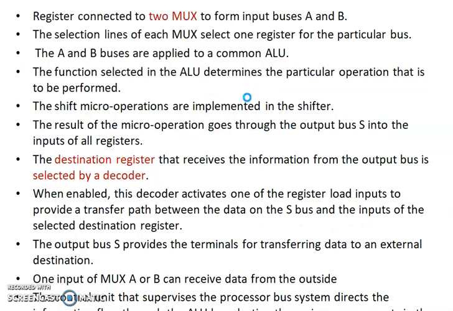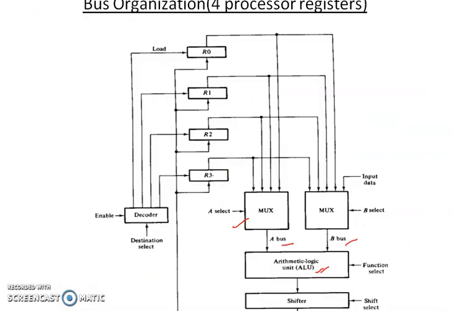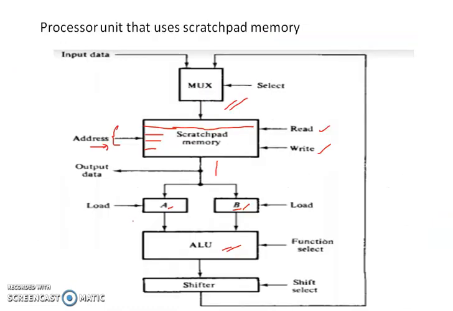In the previous case, in order to load the output to the registers, it made use of the decoder. And here, in order to store the output, the ALU will be providing some output to the shifter. It will be performing some shift operations based on the instruction that is given. If not, there is no shift operation. Without the shift operation, it will just pass the data to the bus,